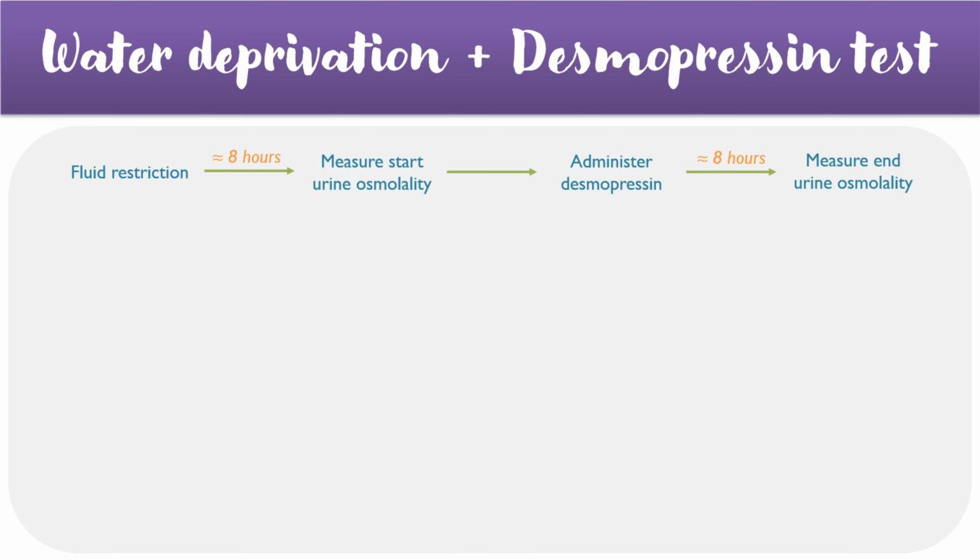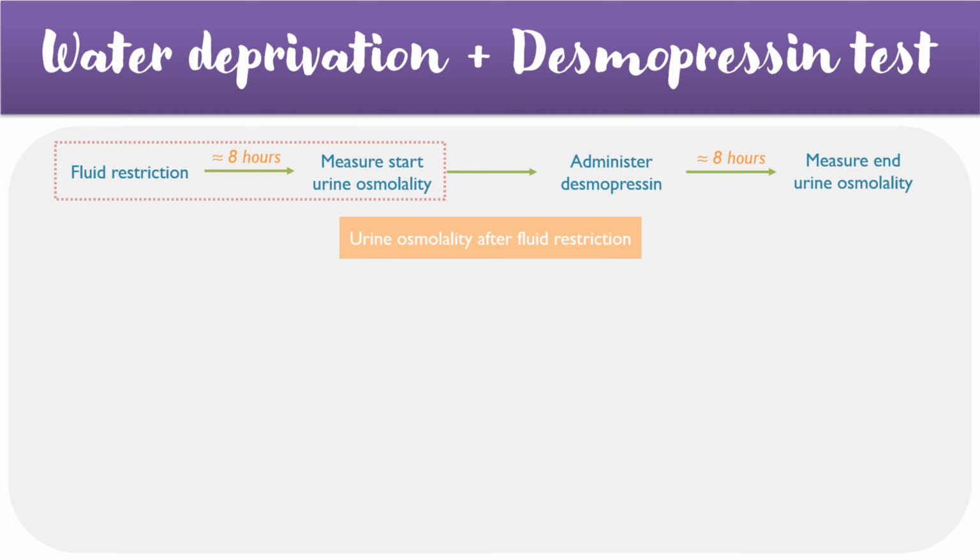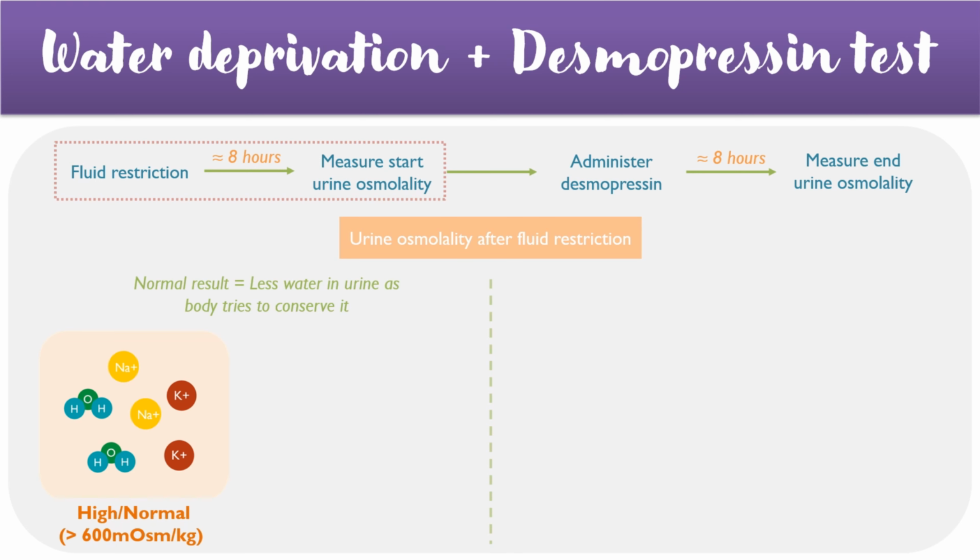Let's start by taking a look at the first phase of the test, where we measure urine osmolality after fluid restriction. In a normal test result, we would expect there to be less water present in the urine after fluid restriction, as the body tries to reabsorb more back into the blood. In other words, a high urine osmolality can be used to rule out a diagnosis of diabetes